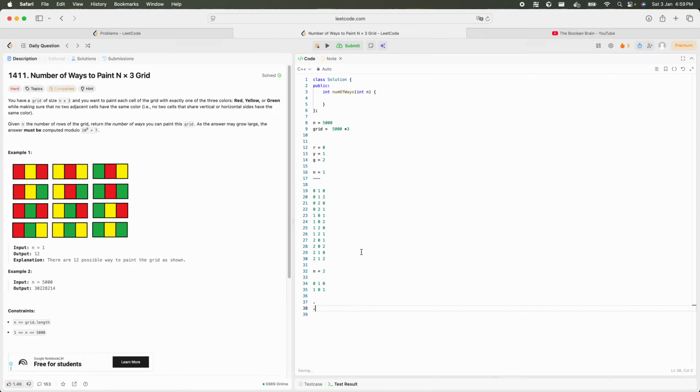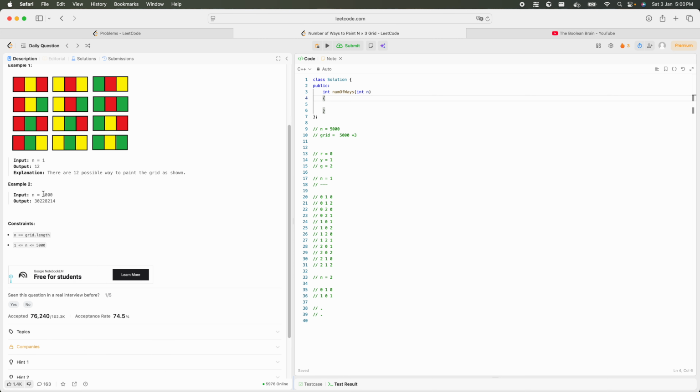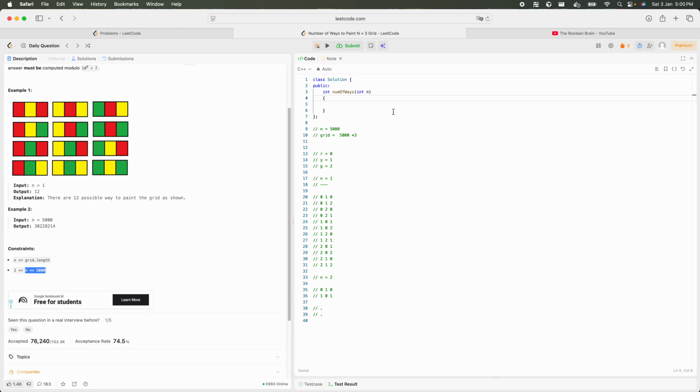So what is the brute force learning from this? Are we now able to code brute force? I think I can. And it is not so difficult. The problem statement, after looking at it, looks hard, but it is not at all hard. Trust me, I will code a brute force. I know it will not be accepted because constraints are pretty high, but still, just for the understanding and the conceptual point of view, I will code the